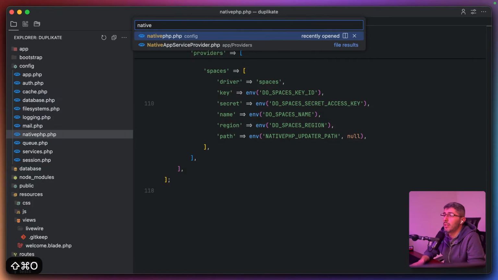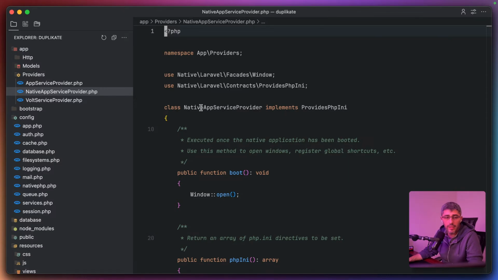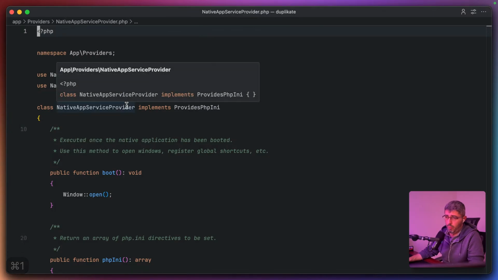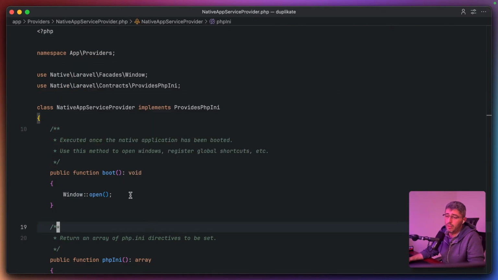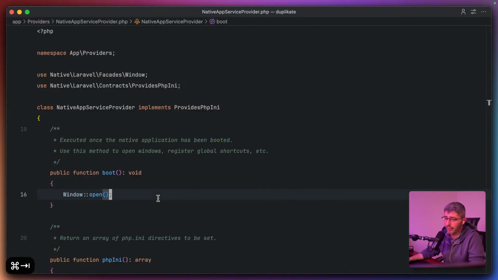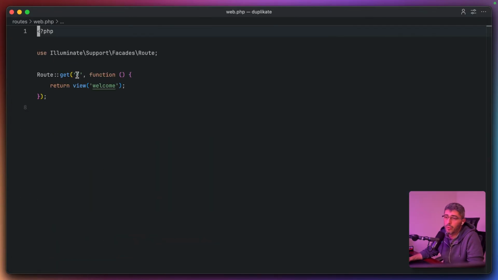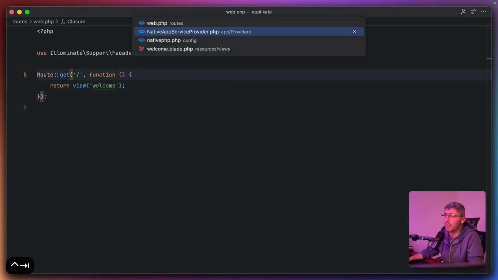There is this native app service provider. From what I have seen in the documentation, we have this native app service provider where the boot function gets called and opens that window, which is this one, and it shows the default route for the route that you have defined here. So